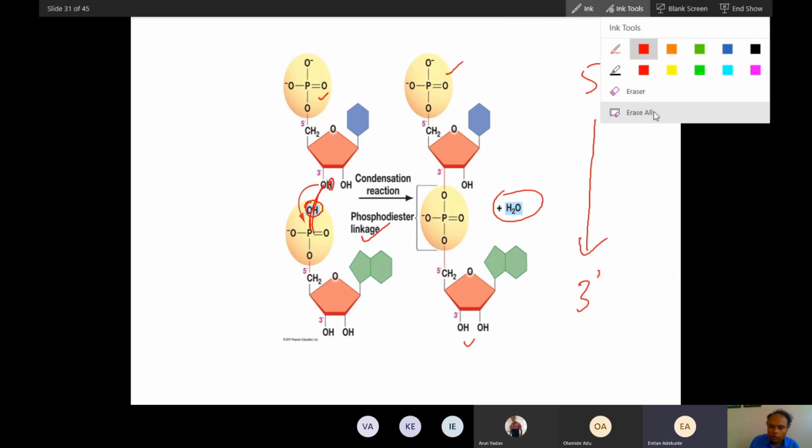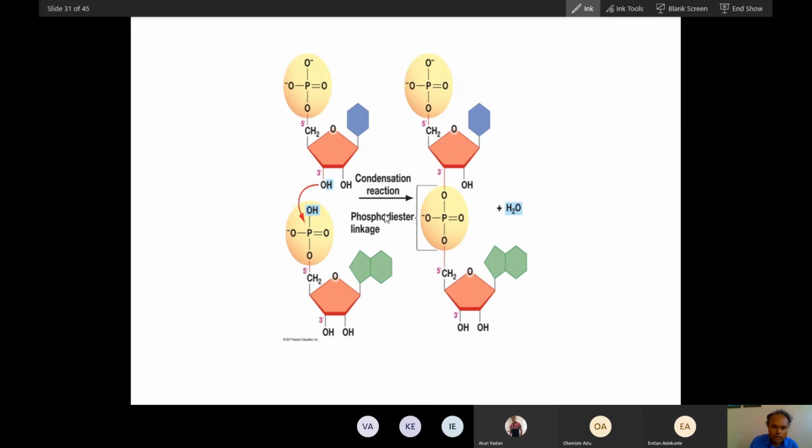If you don't understand, tell me. These are the basic things. If you understand slowly, then you will understand genetics in a much better way. Did you understand now? Yes, sir. Okay, so remember, this is a nucleotide. With this nucleotide, other nucleotides are attached like this. Many like these are attached like this.